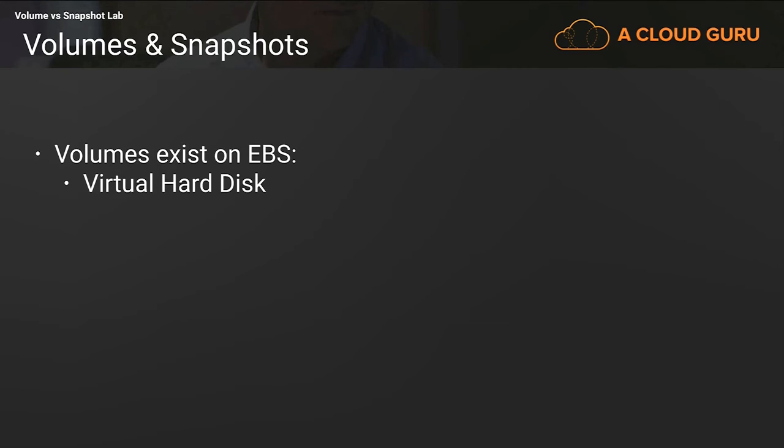When you're talking about a root device volume, that simply is where the operating system is installed. So it's basically like your C drive if you're a Windows user. Snapshots exist on S3. Just be aware of that. It's not like you can go into S3 and see a bucket that contains all your snapshots. You don't get that kind of visibility, but you have to understand that the actual snapshots themselves are saved on